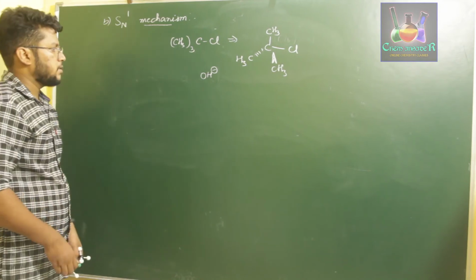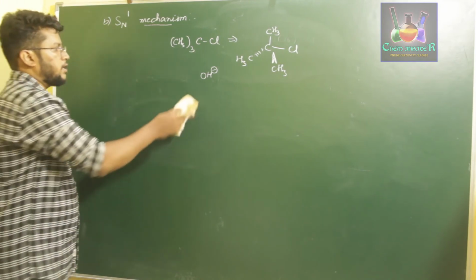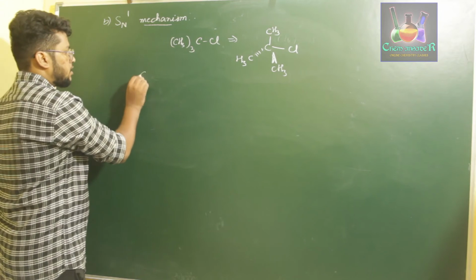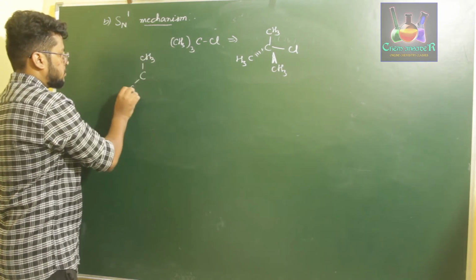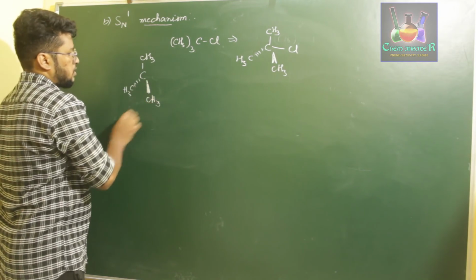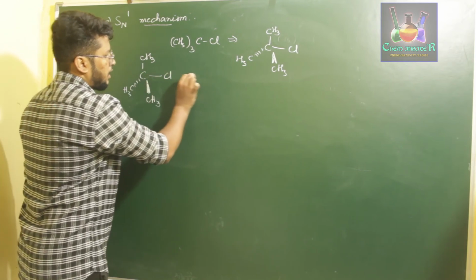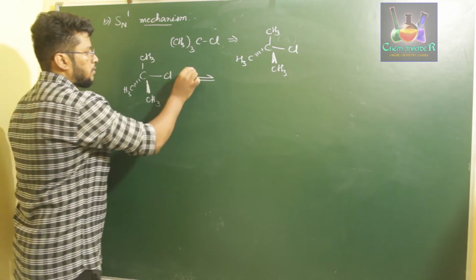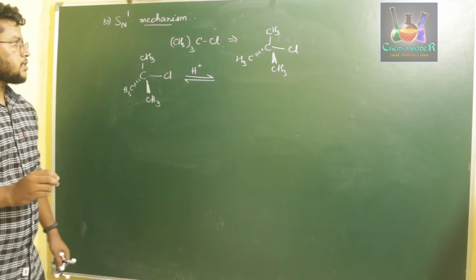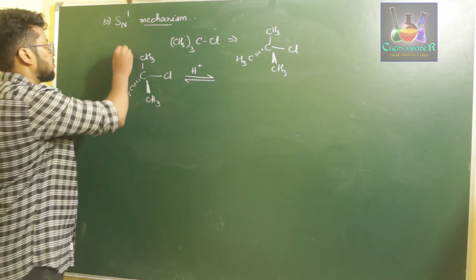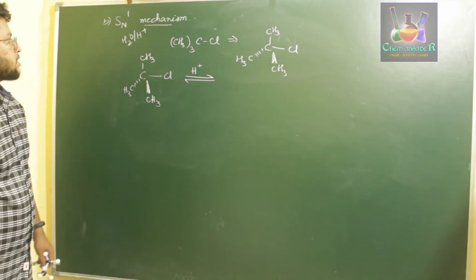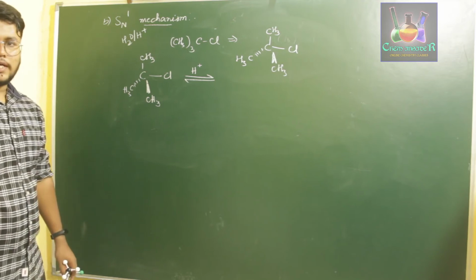For the SN1 mechanism, the reaction takes place in two steps, where the first step involves formation of a carbocation. That is, if we consider this CH3 molecule and we have Cl minus, it reacts with the protic solvent. And one more point, in order for an SN1 mechanism to take place, there should be a protic solvent. The protic solvent is something like water along with acid. If we have protic solvents such as H2O and H+, then only we can carry out the SN1 mechanism.